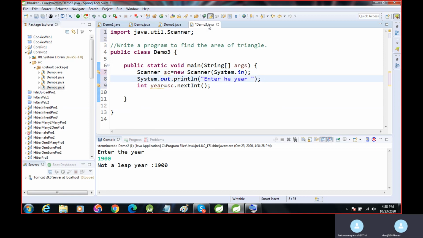Here I will put the first side of the triangle, and here I am using double, like X.